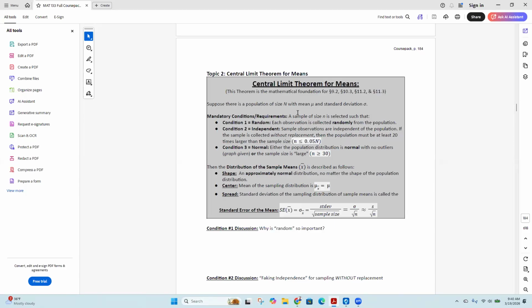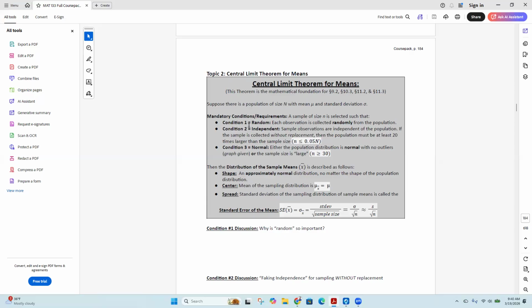Just like any theorem, probably the theorem that most people in the class are the most familiar with is the Pythagorean theorem. The Pythagorean theorem is a squared plus b squared equals c squared, and it's been around for thousands of years, and it's a very important concept in geometry. I would say that it is the most important theorem in all of geometry. You can use it for a lot of different things. However, there are certain conditions where you can use it or not. In order to use the Pythagorean theorem, you have to have a right triangle. That's the only condition for that one, which is nice.